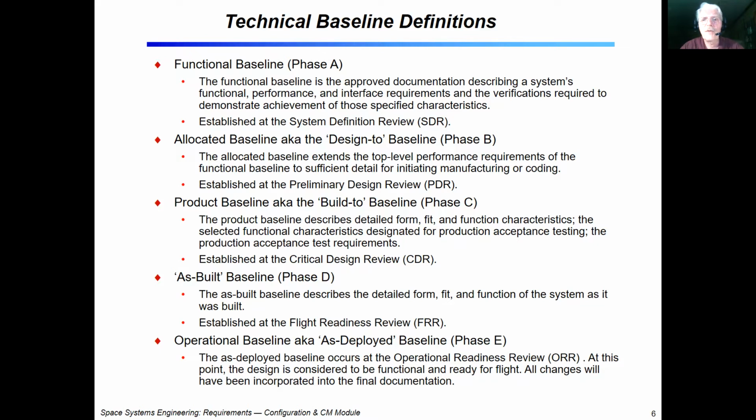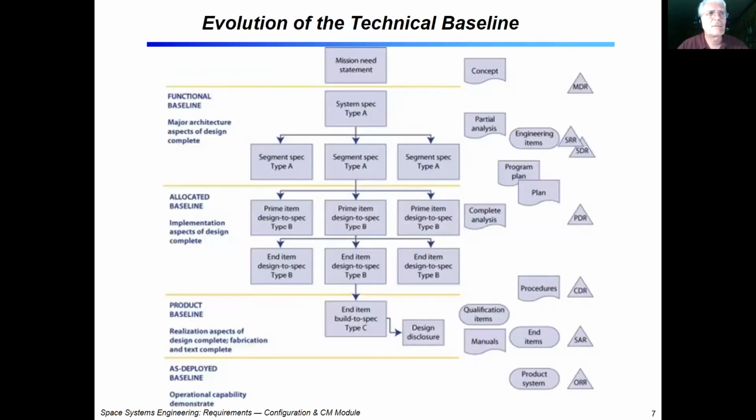You end up with your FRR, and finally the as deployed, or the flight operations, phase E. We actually don't get into that one too much. So these are the different kinds of phasing or baselines that you'll come to grips with as you go through your project and through the rest of your career if you're doing projects. This is just a diagram as to